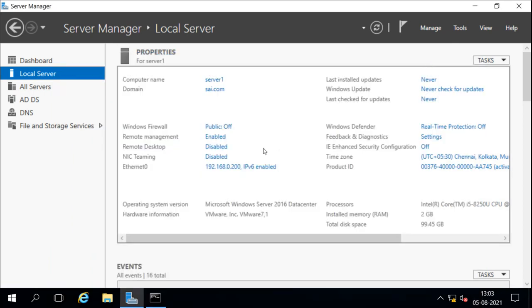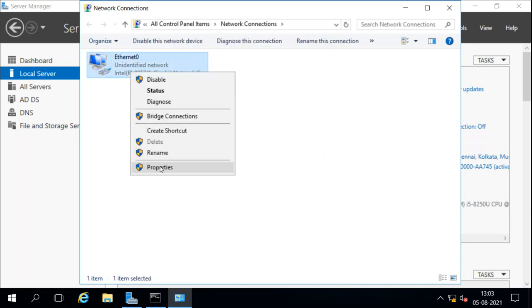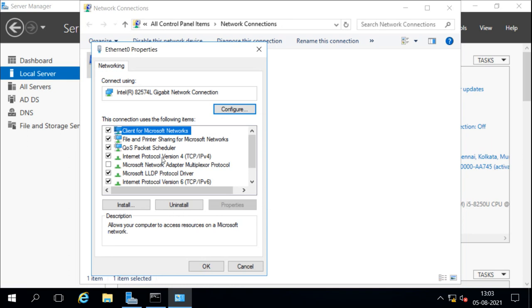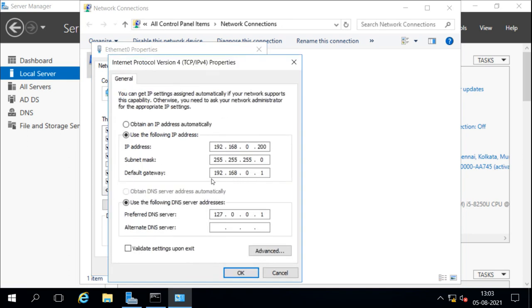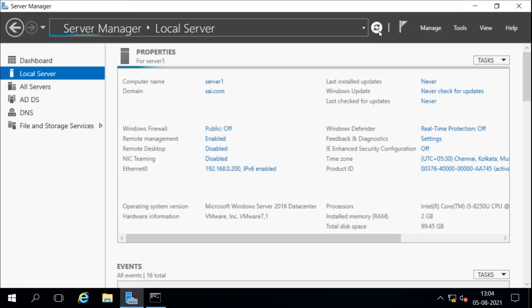So the machines in this network also must know the gateway address. Here also I will configure the gateway, and I will give 201. This is our server 2 IP address, which is going to be the router for this network and for the other network it is going to join. So let's go to server 2 and configure the routing there.